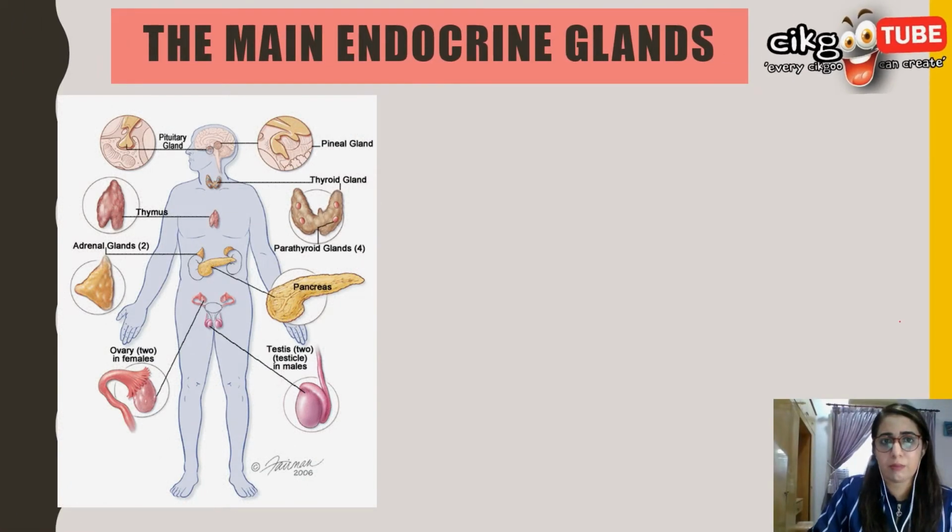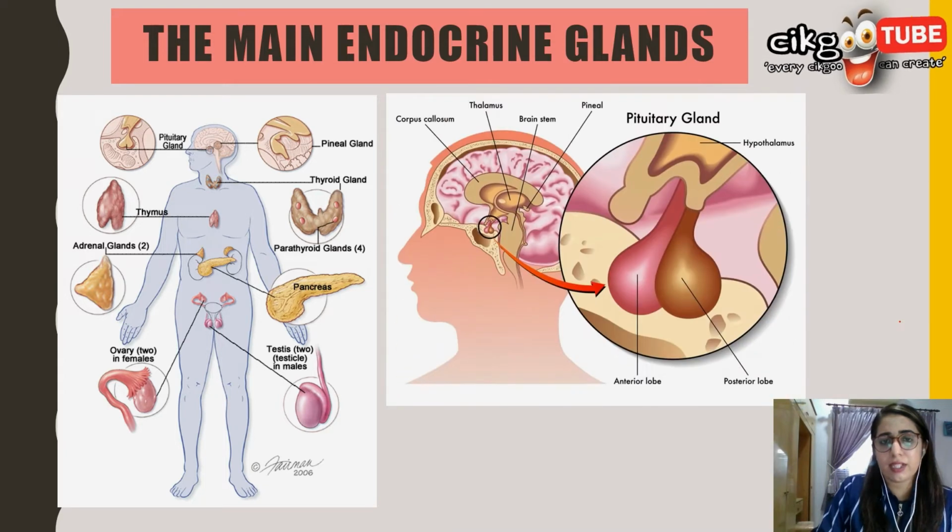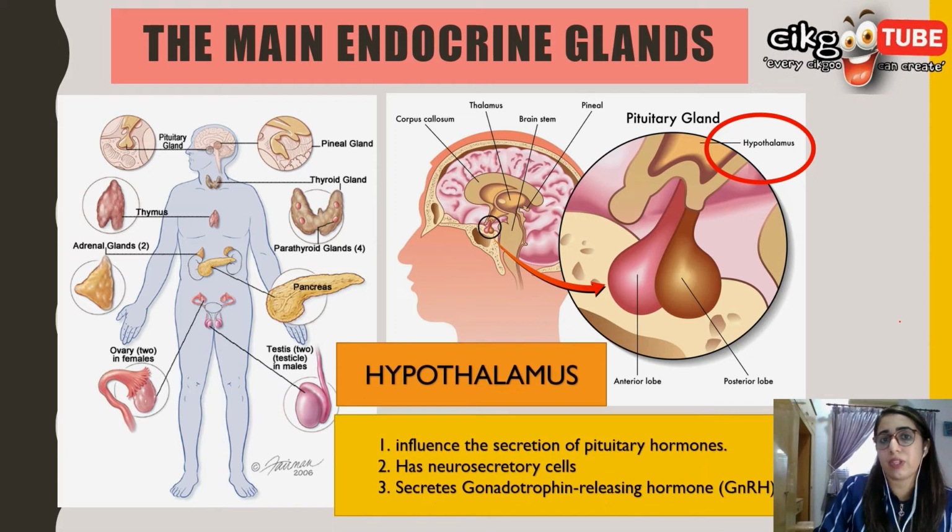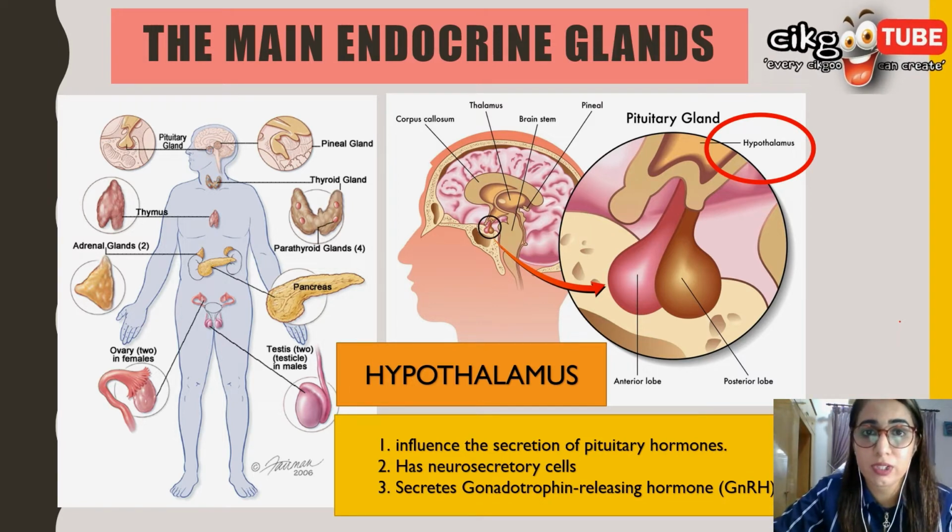The hypothalamus links the nervous and the endocrine systems by way of the pituitary gland. It receives and processes inputs, or impulses, from the central nervous system to influence the secretion of pituitary hormones. It has neurosecretory cells that secrete a few types of neurohormones that control the secretion of pituitary hormones. The hypothalamus also secretes gonadotrophin releasing hormone, GnRH, to instruct the pituitary gland to